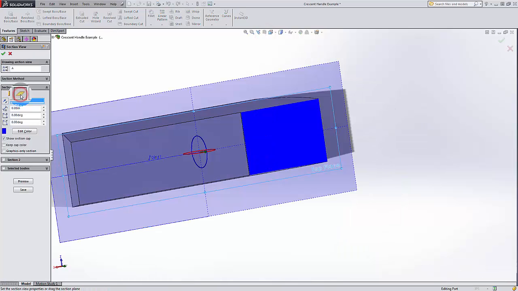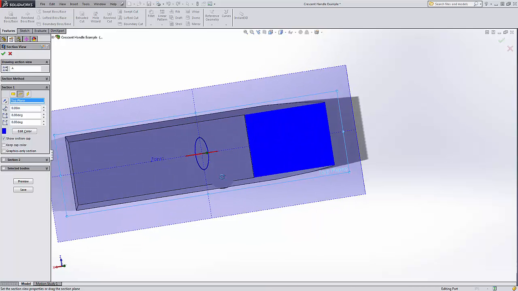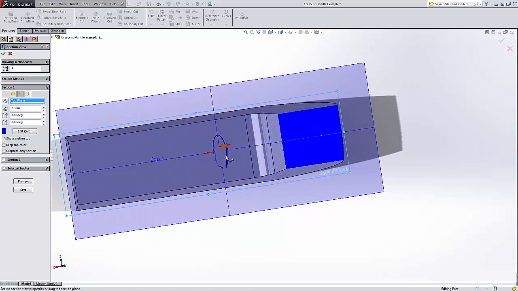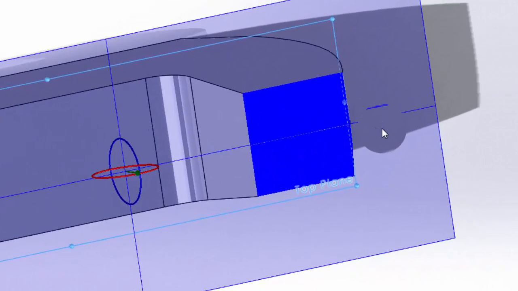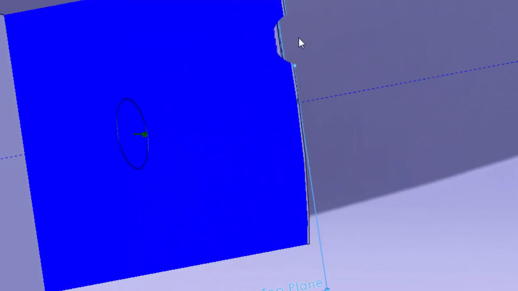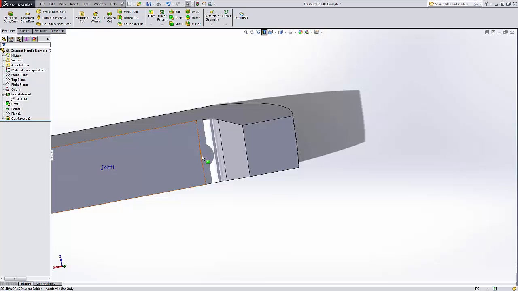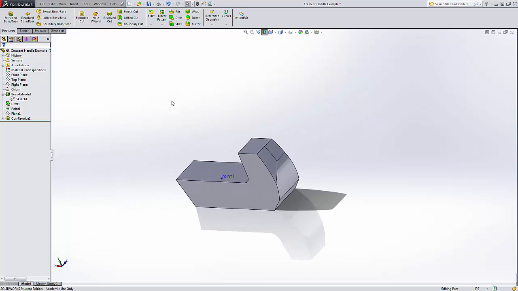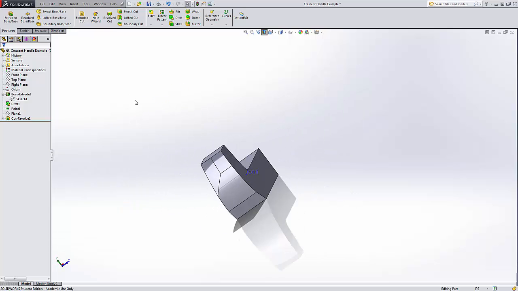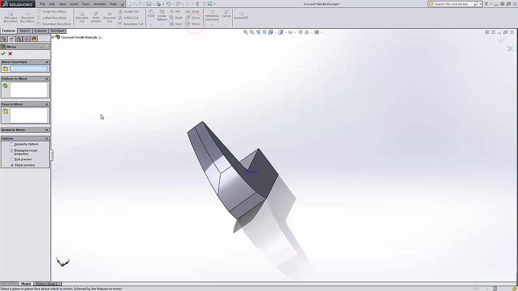I'm going to use this plane, and hopefully you can see right here the difference that cut makes. See, that's straight here, and then it's actually curved over here, more like the actual part. So now the next step is pretty easy. I'm going to turn off my cut plane there,